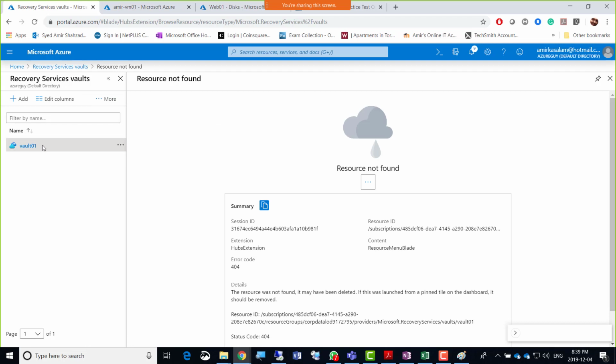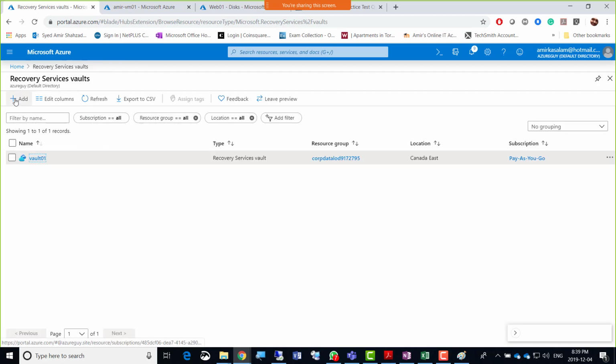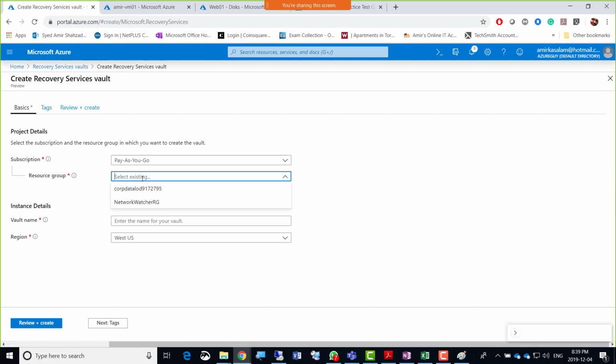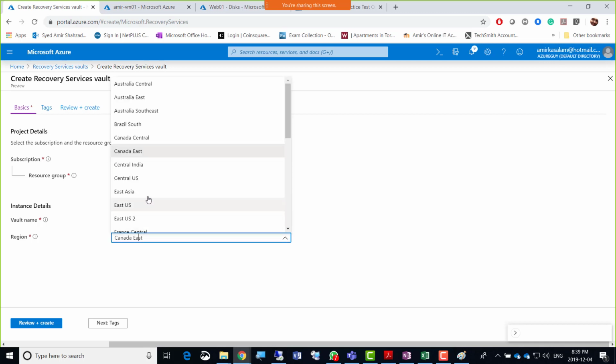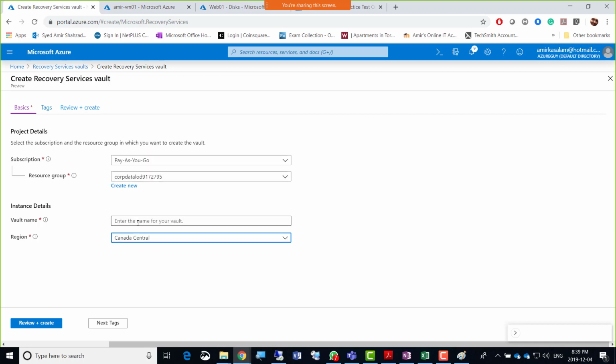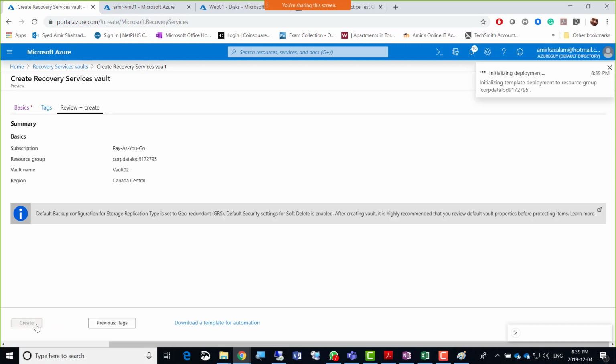Anyway, I'll just create another vault here, in Canada Central. So first we go for the resource group, then we select Canada Central, where all the virtual machines are. Then we go for Vault 02, whichever name you want to give, review plus create, and create.